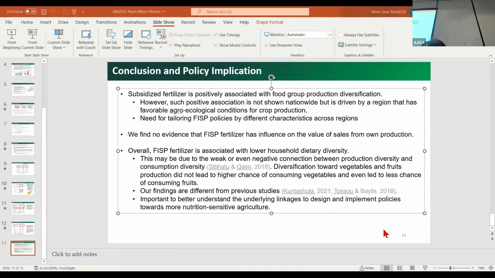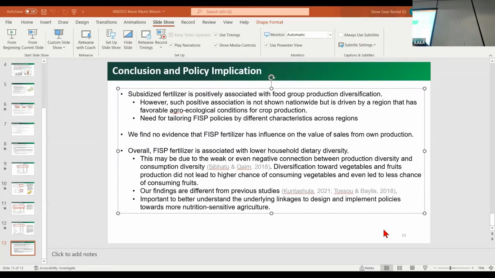So they are producing it, but then they are just selling it away instead of consuming it themselves. There has also been some issues regarding this. First, the inputs are supposed to be delivered in the early growing season, but it happens a lot that the delivery is kind of late, so they are not getting the inputs at the right time. That is an issue that we could not address here, but we need to take into account.